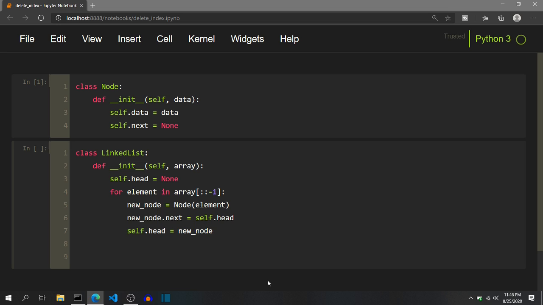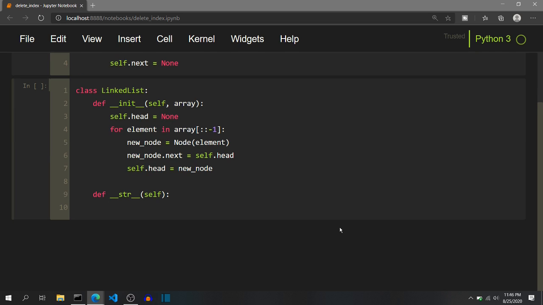Now we can start writing the code for the string function, because we want to visualize the linked list as we go on. If we define the double underscore str function, we can pass custom objects, like the custom class that we are creating over here, inside the print function. So I will create a function double underscore str like this with just the self parameter. Inside this, I will initialize a result list and a node that will start iterating from self.head.